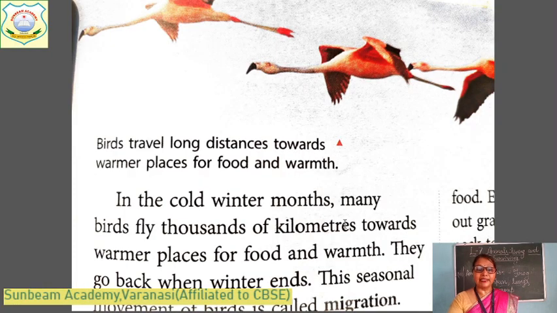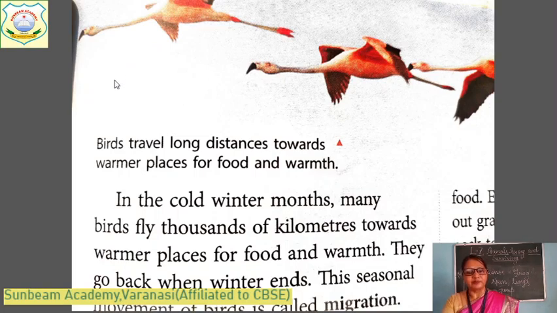And there are some other animals like birds. Birds travel a long distance to a warmer place in search of food and warmth. This is called migration. When birds fly a long way from one place to another, it is called migration. You see on the Ganga river in the winter season a Siberian crane, a special type of bird. They come from far away, after crossing many seas. They come here to survive.